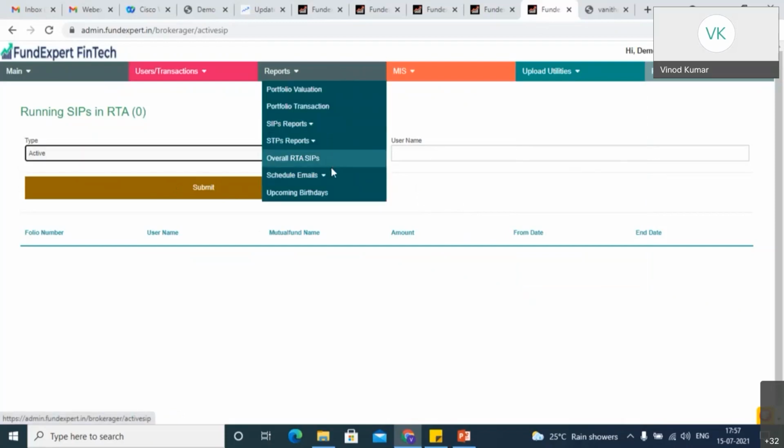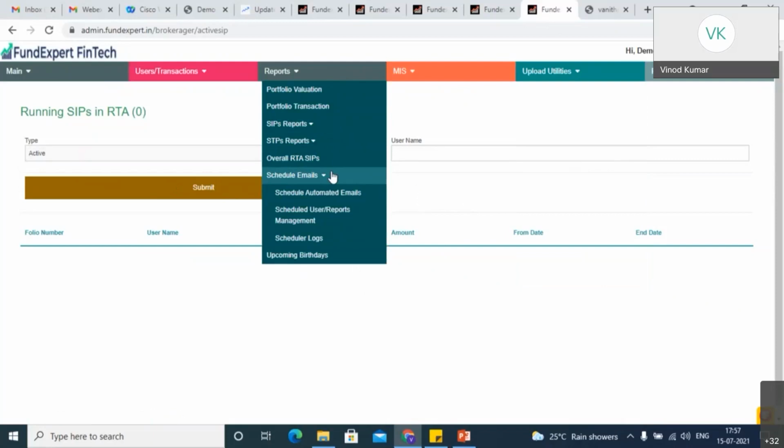Okay. Now coming to another interesting feature that we have added. This is another new feature that we have added now. You can even schedule reports to be mailed to the client. See, as an advisor, what you do is regularly you have to send updates to your clients, right? There might be so many clients who won't keep checking their portfolio. They don't come to log in and check and all. They will ask you regularly, email me my portfolio report. What is the growth, I want to check. I want my statements. We have made it so easy for you that you can schedule those reports. Okay.